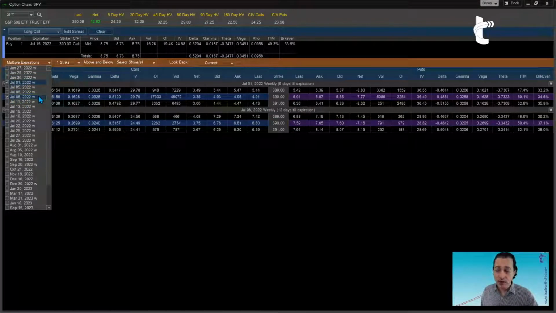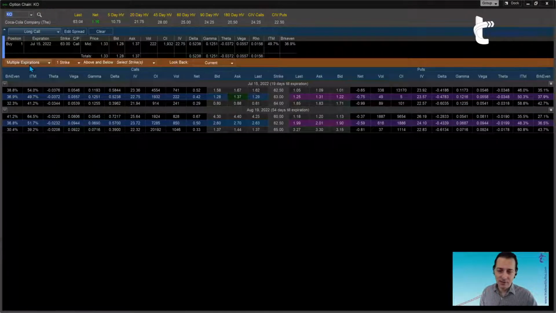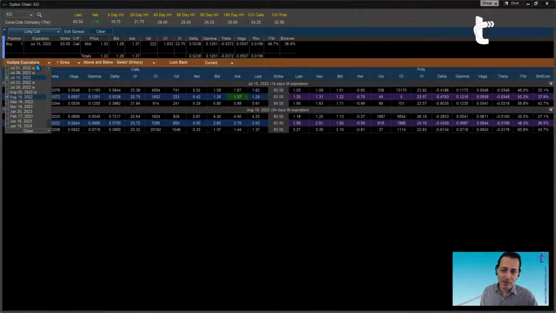So if you're looking for front week and next week, you have to change it manually, because by default it will not come with the front week and the next week. It will come with the front month and the next month. And again, one more example of this. I guess I'm using too much time for such a simple thing, but I want to make sure you don't make a mistake with the expiration dates, guys. So July 15, August 19, I just changed the symbol to Coca-Cola, and notice how by default it's without the W, which means it's the third Friday of the month, meaning front month and next month.